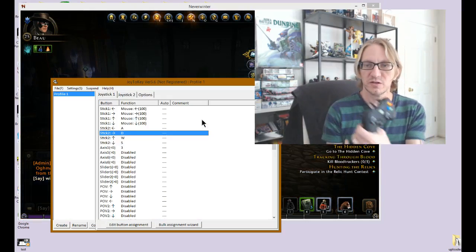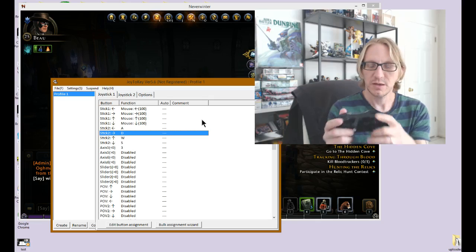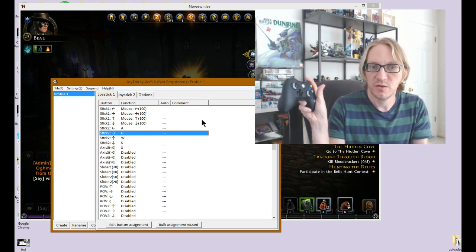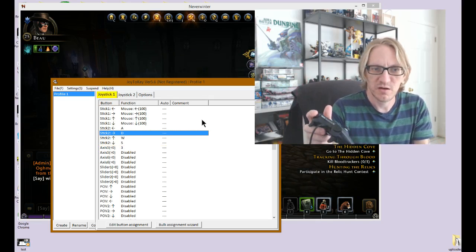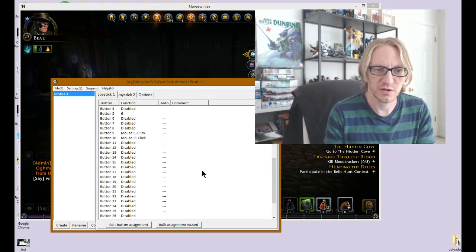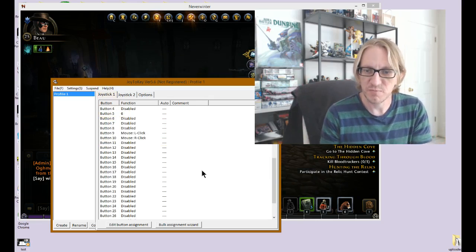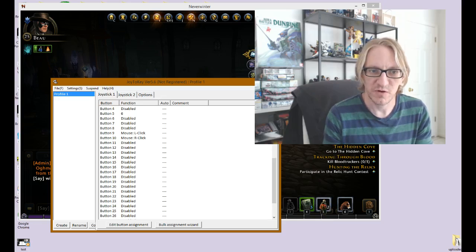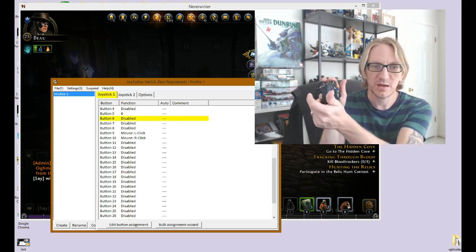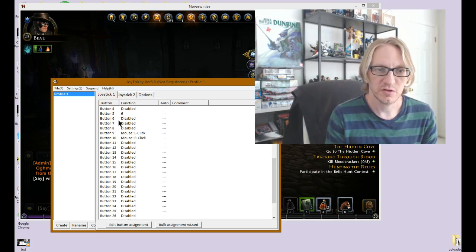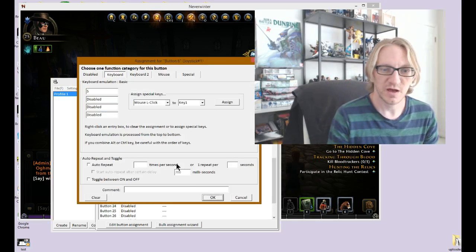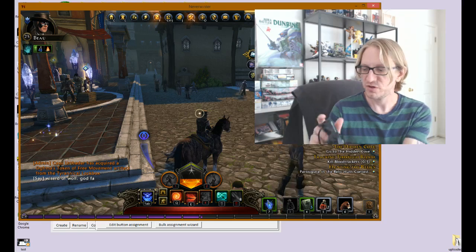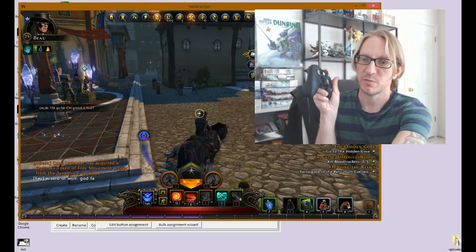All you're basically doing is taking this controller, looking at it, pushing a button. Let's say you say, I want this button to be my healing potion, which right now that button is, let's see what that button is. That's disabled. So let's make that my healing potion, which you can see in my game here is at number 5. So I'll say, okay, button 6, disabled. So I'm going to hit key number 5, okay. Go back to the game. Now this should take, if you watch at number 5, healing,